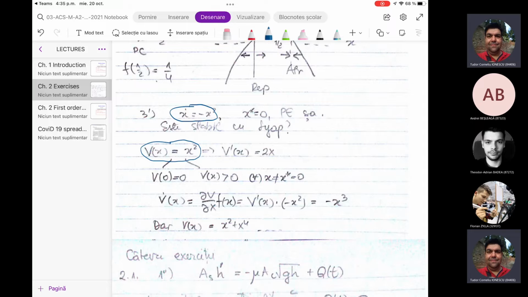Okay, we'll see this very interesting fact. What happens? You want to see the growth or the decrease of energy. How do you do that? You take the time derivative of the function, okay? And if this time derivative of the energy is negative,